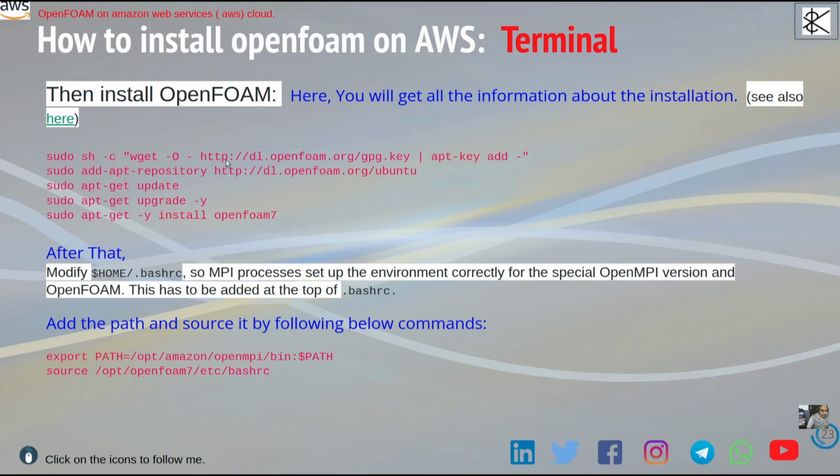These are some commands you have to follow in the terminal when you are connected to the local machine. If you follow this, you have installed OpenFOAM on your virtual platform, like on AWS.